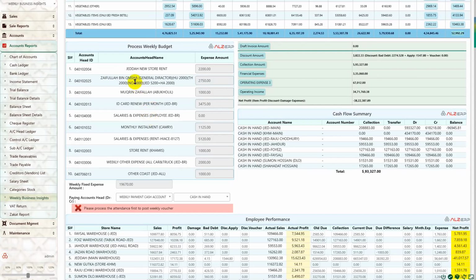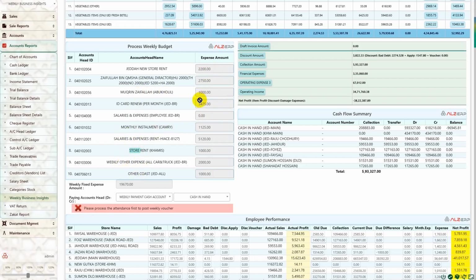In this software, for example, for their weekly rent, store rent, weekly payments, and weekly other payments they need to pay maybe monthly, they will keep this amount in another account every week, so that at the end of the month they will pay the total amount where it was budgeted, like salary or any other heads, electricity bills,